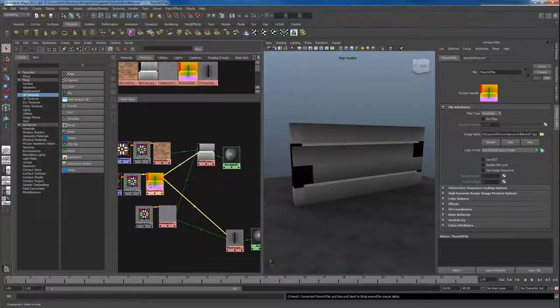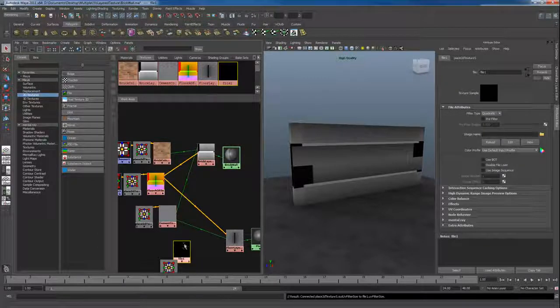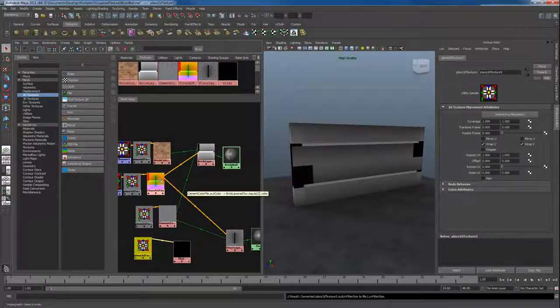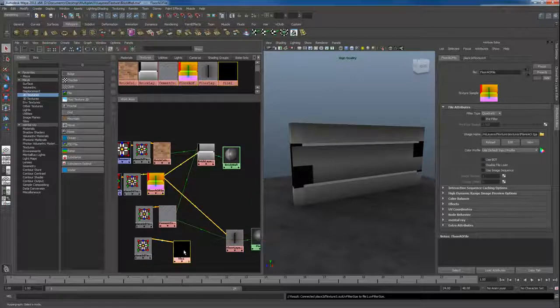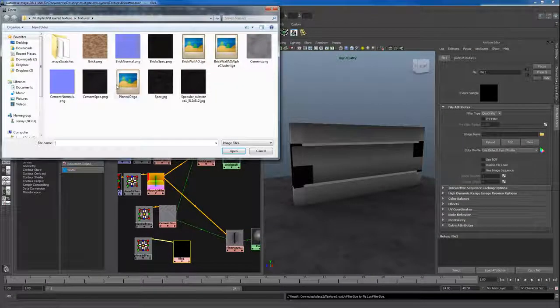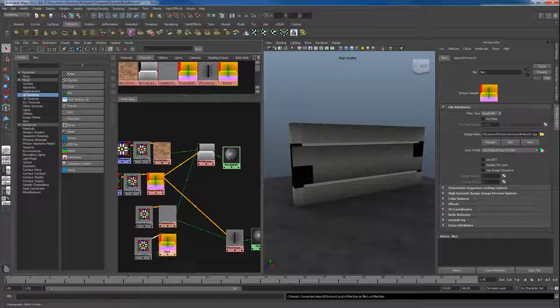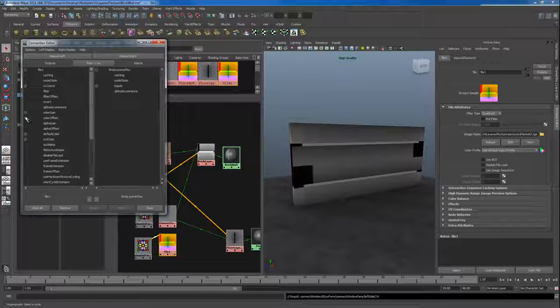What I forgot is because I already linked this to the AO one, it won't be using the correct alpha, so technically I should have that separate. So I'm going to reuse this file again. File, and I'm going to go ahead and break the connection between the two. So this file here is also going to have the exact same image. In fact, I think I put that all in plain floor AO. File should be in plain target. Yep, there it is. Let's go in here, other, and